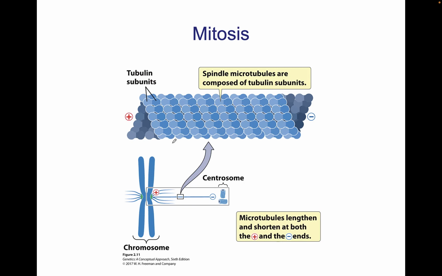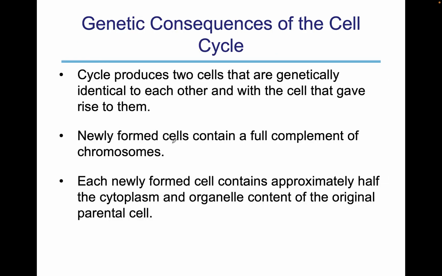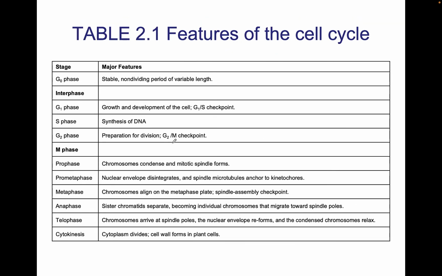So this also is allowing you to see that the positive versus negative role has a great effect on the tension that is actually building to help with the separation of the sister chromatids. Utilize this table 2.1 to really understand a succinct explanation for what is happening at each of these phases. And one that I want to mention is cytokinesis. And I've talked about this already, but cytokinesis is